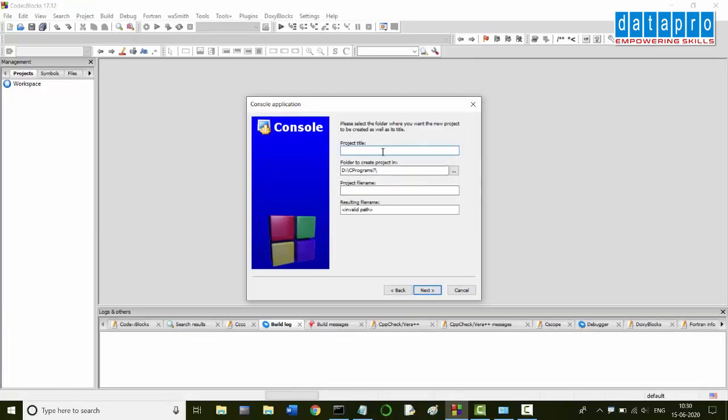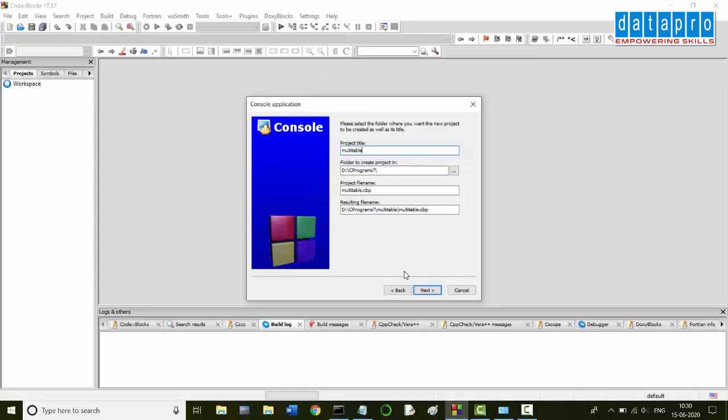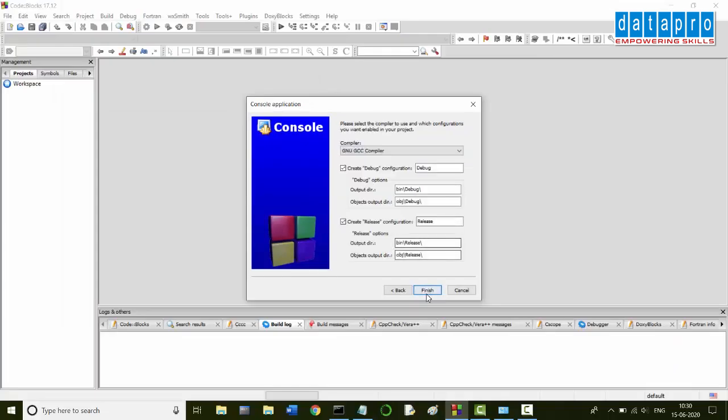Let's give the name of the project as multiplication, or let's say multitable, because I am going to display a multiplication table of the given number in this program. Let's say next and say finish.